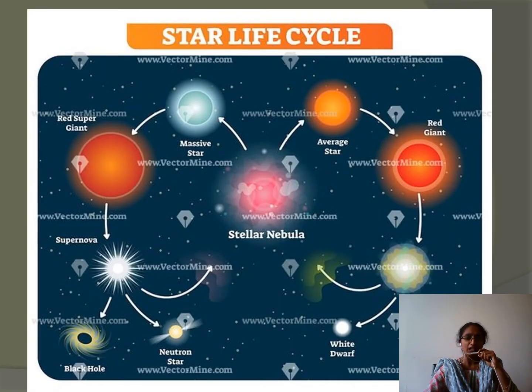Now coming back to the life cycle of a star, as I already told you, a star is nothing but it is burning hydrogen and helium and producing energy, and light is getting induced over there. So this light illumination, whatever we are able to see, would be in very different forms. It depends upon the mass of the star, or the mass of the hydrogen or helium existing in that particular element.